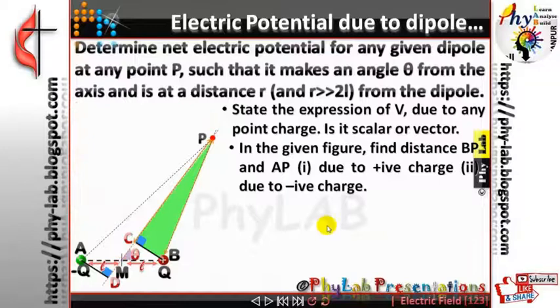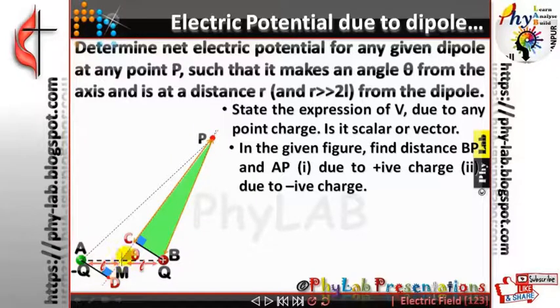Now let's try to find out distance AP. In order to find AP, let's drop a perpendicular from point A onto PM extended. So this was the point P, this is the point M, and I am extending this PM. So this is PM extended. I am dropping a perpendicular from point A onto PM extended, and let's say the foot of the perpendicular happens to be the point B over here, friends.